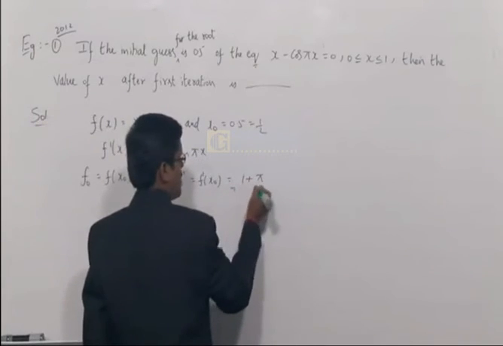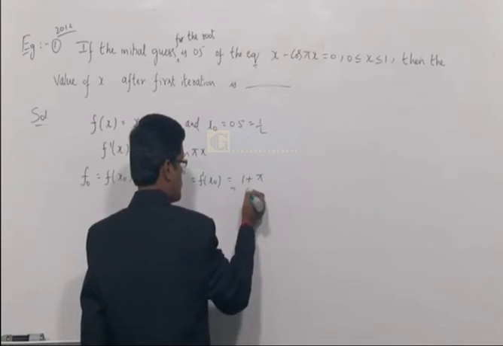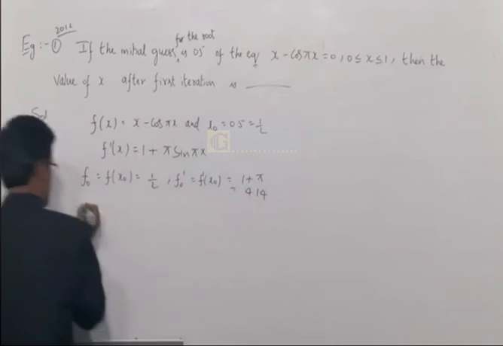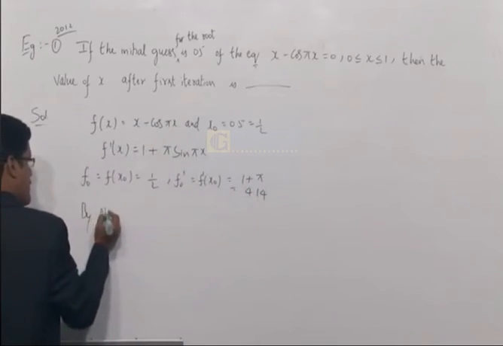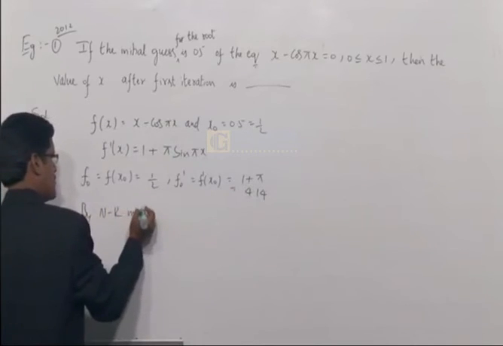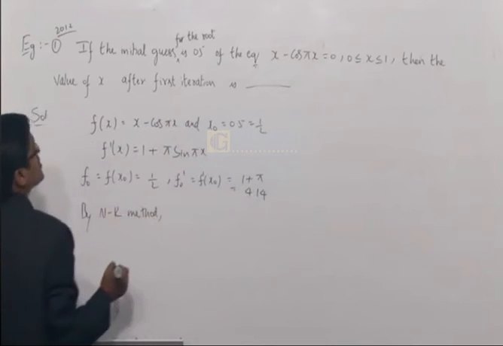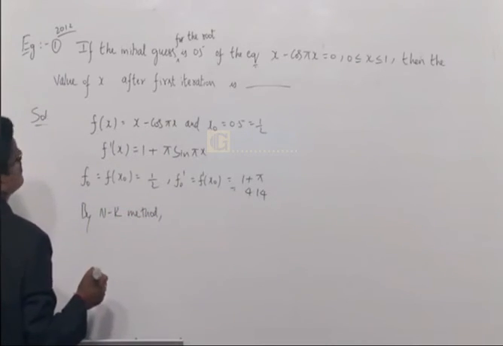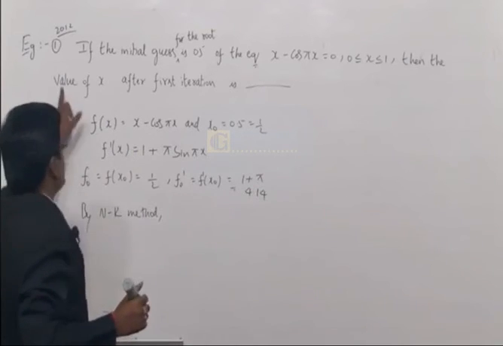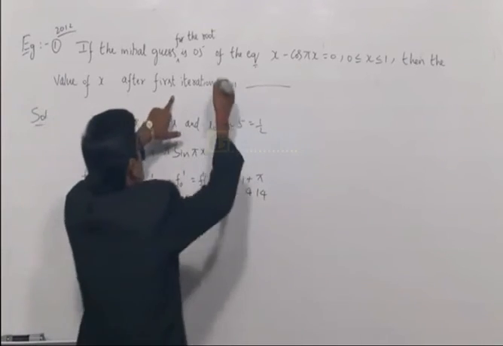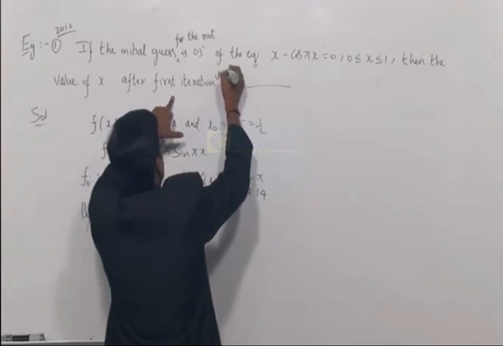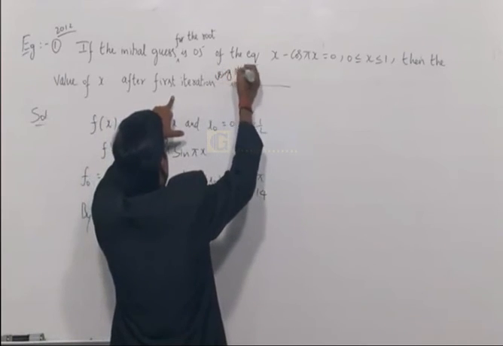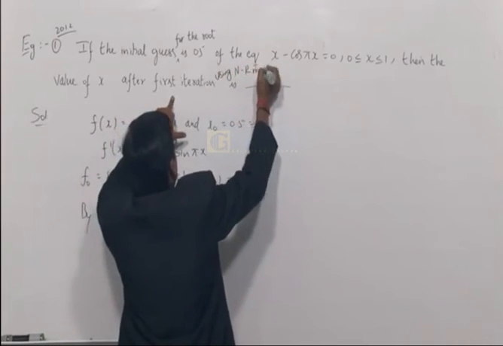So 1 plus pi, with pi value 3.14 up to 2 decimal places, simplifies to 4.14. By the NR method, that is the Newton-Raphson method, the method is mentioned. Then the value of x after first iteration using the NR method is